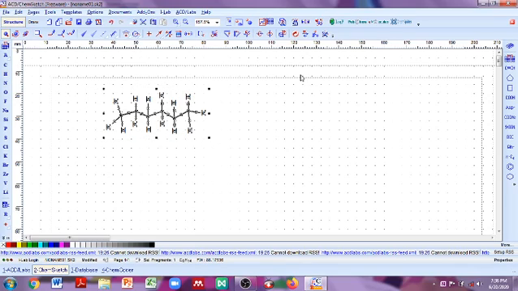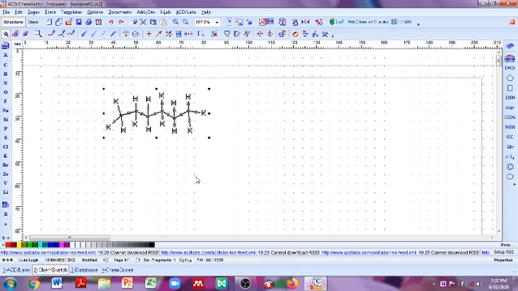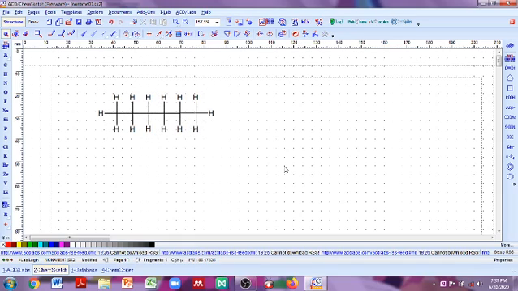There is one option called clean structure, from the right hand side, third or fourth option. So just click on clean structure. Now our structure is ready. Plain structure is showing.